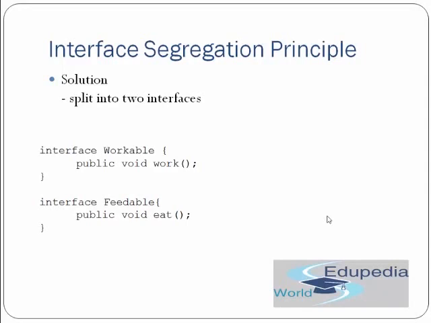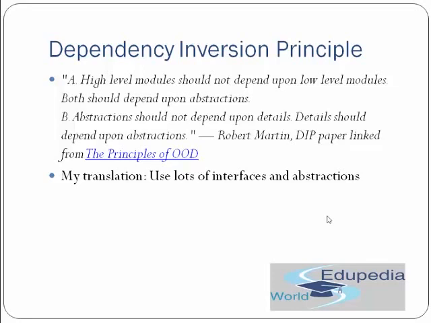So whichever class needs to work can implement Workable, and whichever needs to eat can implement Feedable. Since Java classes can implement more than one interface, if there is someone who wants to do both things, both Workable and Feedable can be implemented. Okay, so that was the fourth principle from the SOLID principles, and now let's go to the last principle, which is